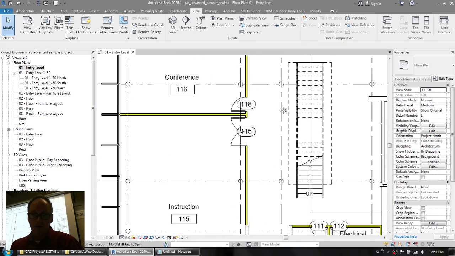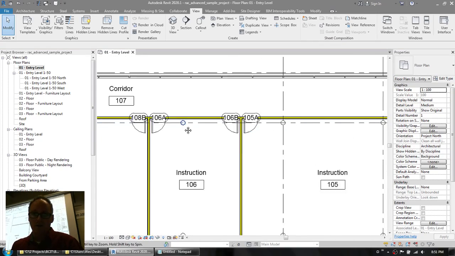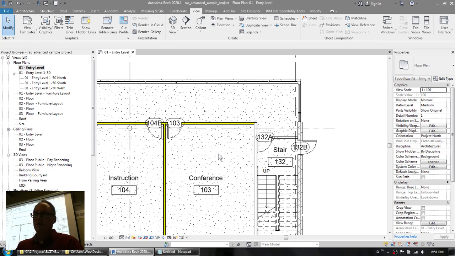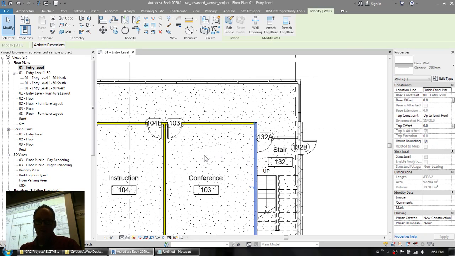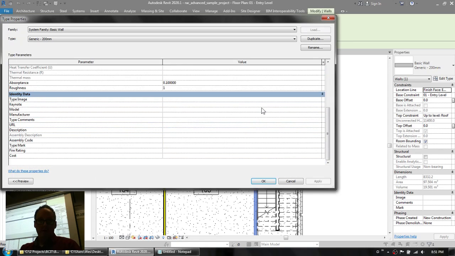And there we go. So now you can quickly see all the different walls in the project that have a 1 hour rating. How about our stairwell wall? Let's give it a 2 hour rating. So go to your stairwell wall, click it, go to its type properties, find its fire rating, and now